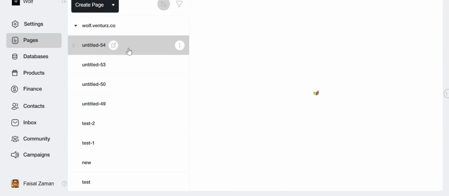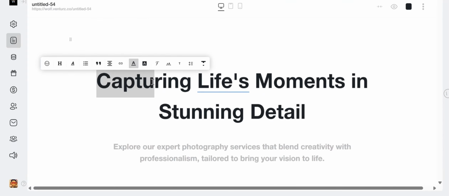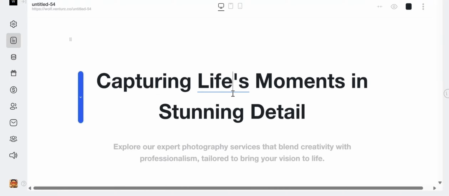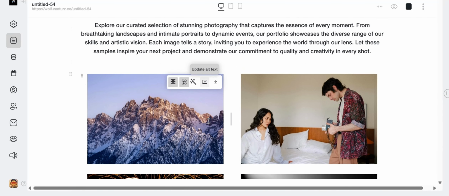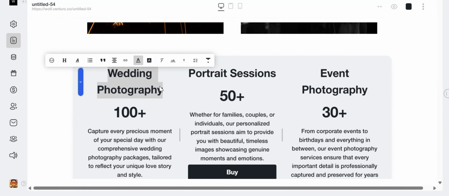section. Open the new page, and you'll see that you can easily customize the no-code landing page using our drag and drop builder. You have full flexibility to adjust the layout, text size, fonts, headings, alignment. You can also edit the image size and add images from our stock image library. All of these options give you complete control over your page's appearance, ensuring it looks exactly how you want it